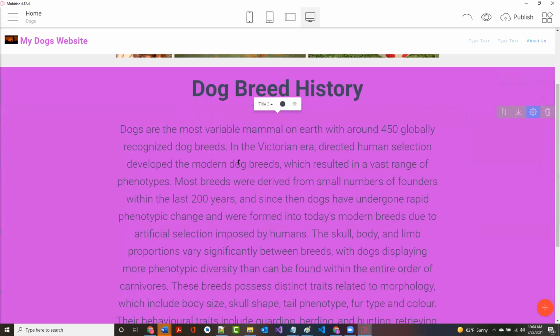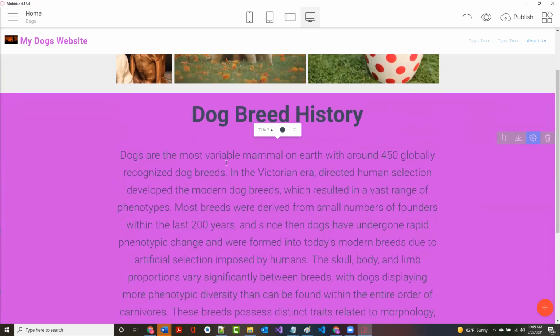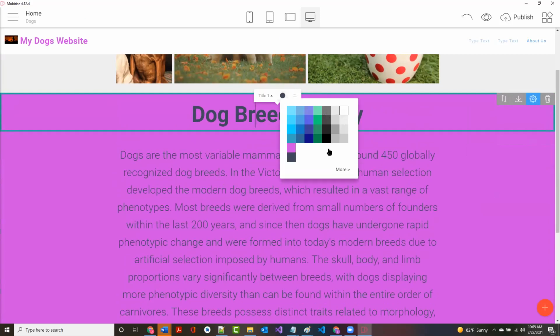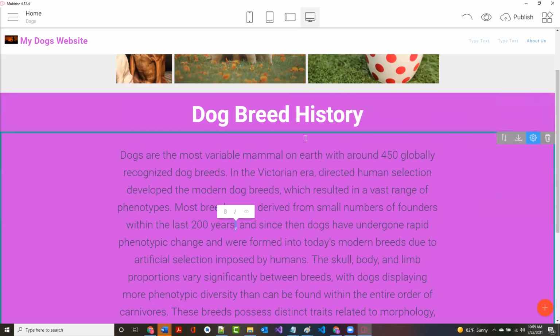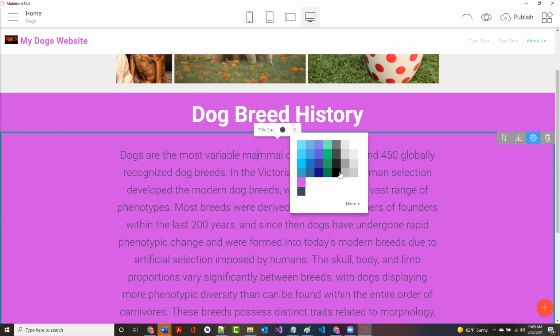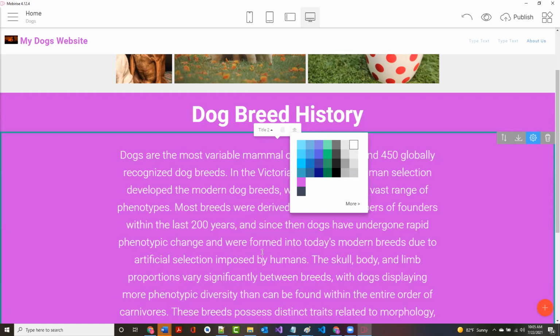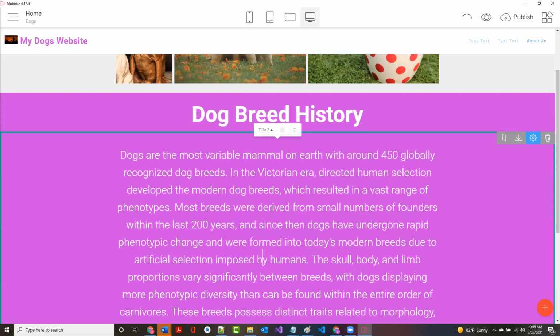Now, I don't like the way black text looks with this. So I'm going to click on any place I want here in the text. And I'll again click on color. And now I'm going to make it white. Now I'm going to click over here just on a word, like I clicked on the word mammal. And again, I'm going to make that white. That's all it took to do that.